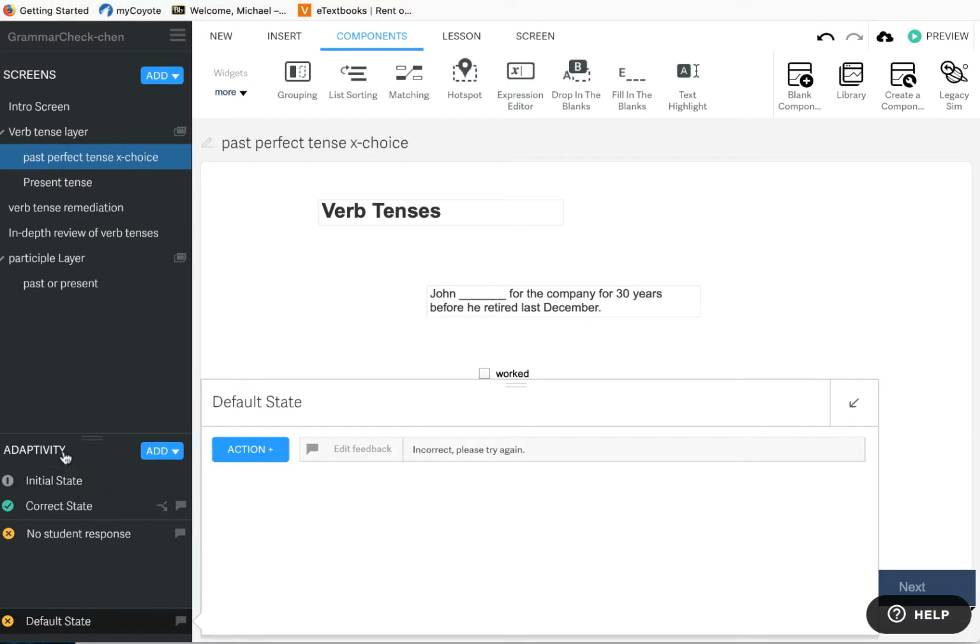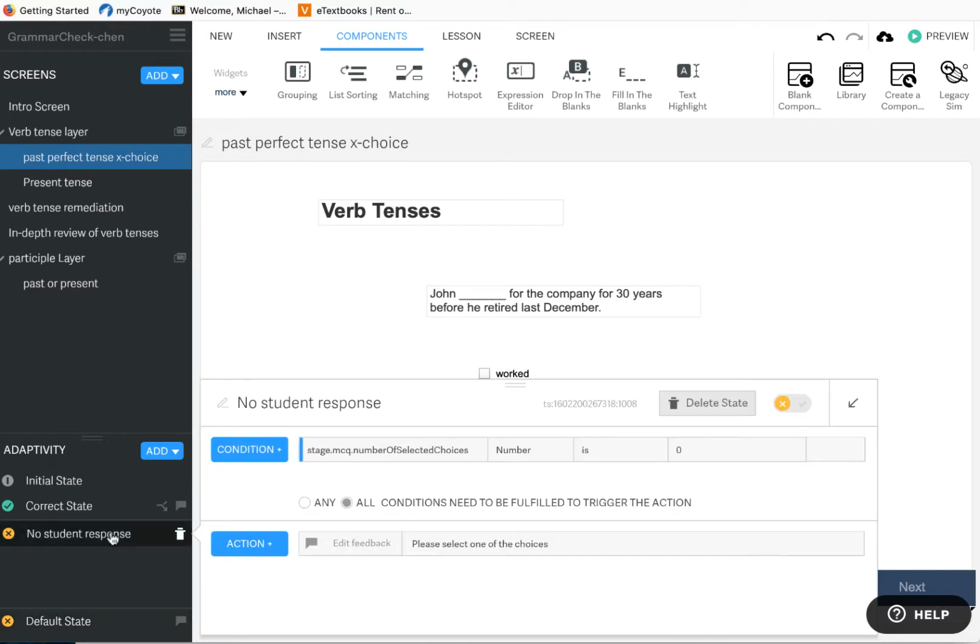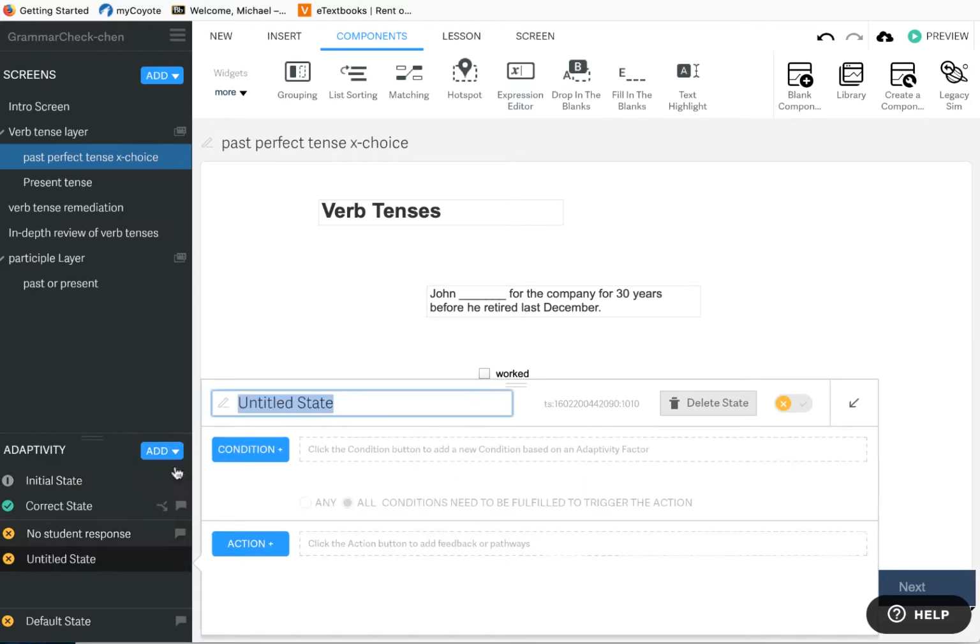If you look at the adaptivity section, you start with the initial state, which we haven't got to yet, and end with the default state. The states are checked sequentially from top to bottom. So you want to check the correct state first, and then all the incorrect or trap states following that. So you have a no response, and then you will create another trap state, basically just say wrong choice